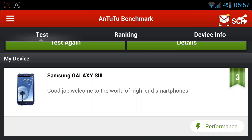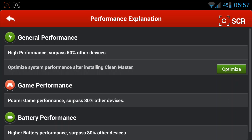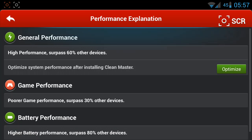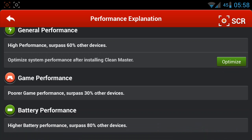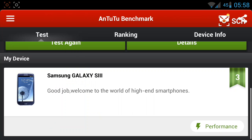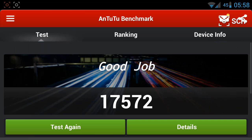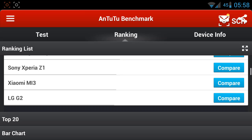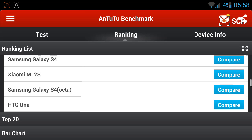And so you can see here I've got Samsung Galaxy S3, and if you click on performance, it tells you how good your phone is compared to other phones: general performance, game performance, battery performance, and so on. And then if you go back, you can also go to the rankings by sliding to the right. And once you're in the rankings, you can see how your phone compares with all the other phones on the